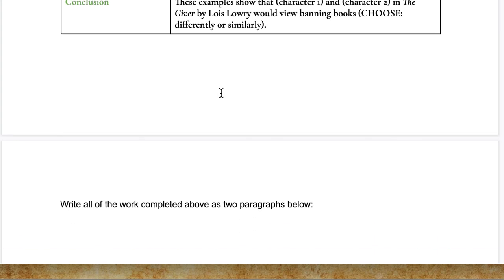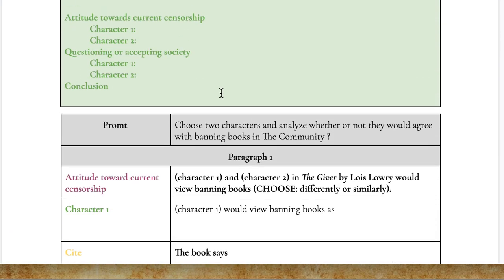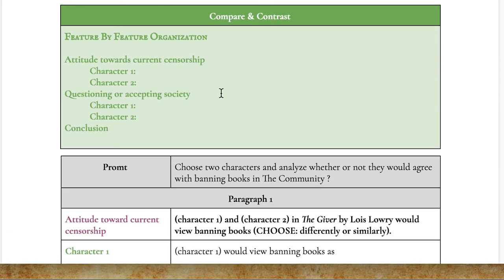With that said, we've given you all the tools you need. Go ahead and dive in, start finding evidence from the text, and compare and contrast those 2 characters. As I'm sure you remember, the model we did had 1 paragraph. This one, of course, has 2. We'll have the model posted for you on Google Classroom if you want to see it as an example. Get to work, sailor!